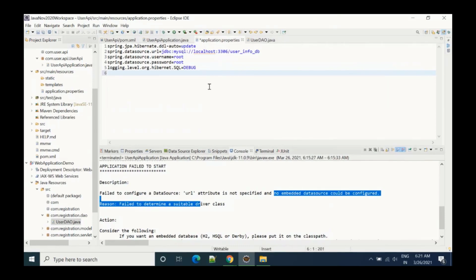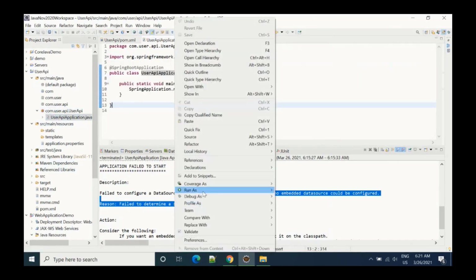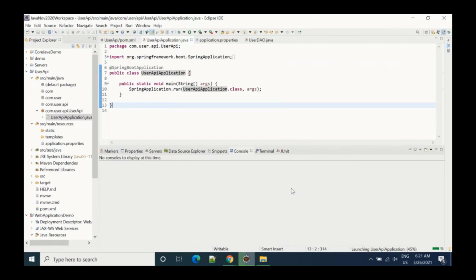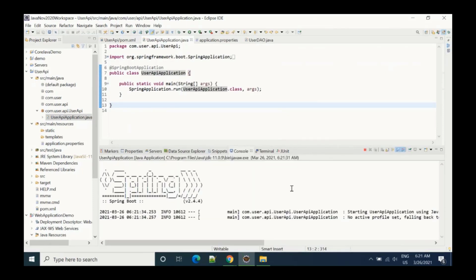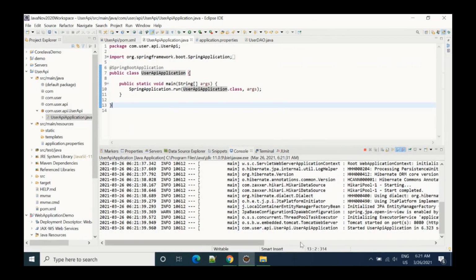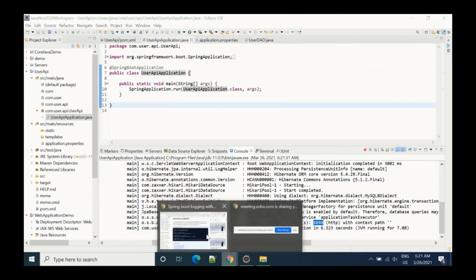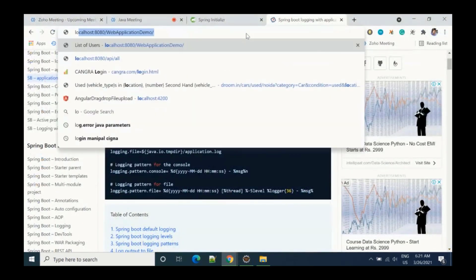So as of now we have configured the application.properties file, which is the first step that we have to do. Next step is, let's try to run this application again and see if it is working or not. Okay, so after that, you can see the application is in running mode, and by default Tomcat started on port 8080. So if I go into the web page and write localhost